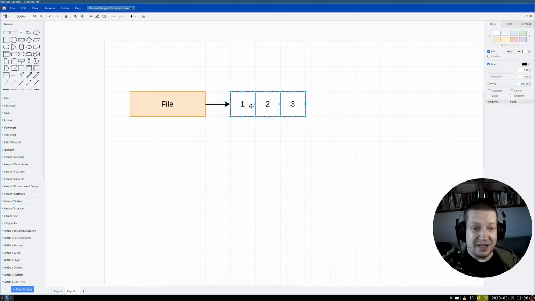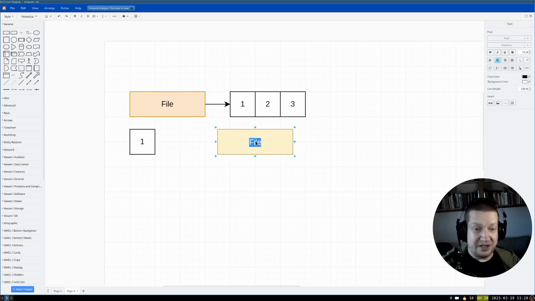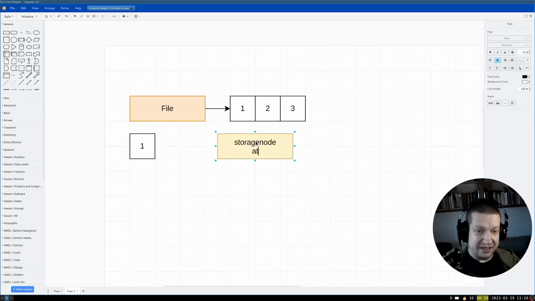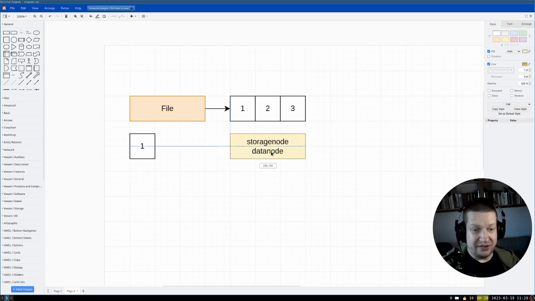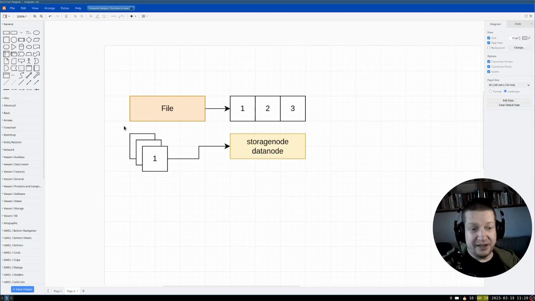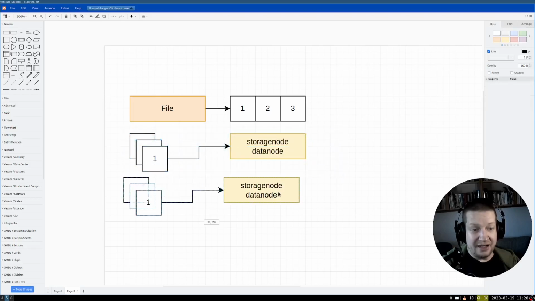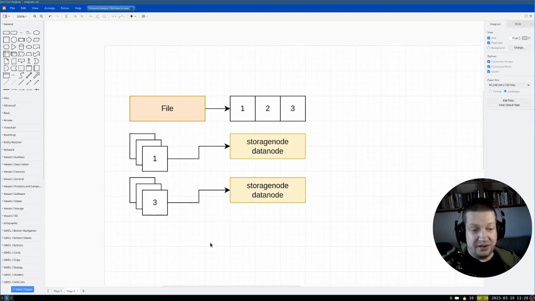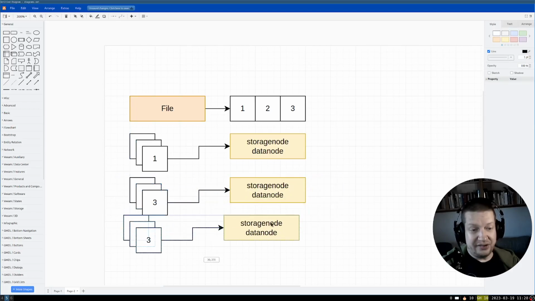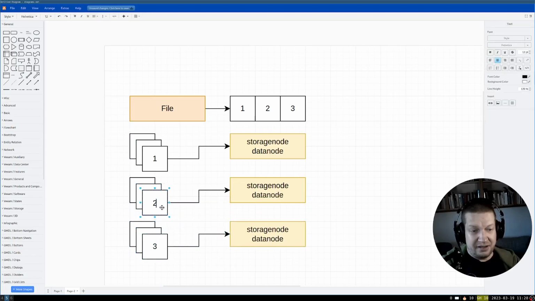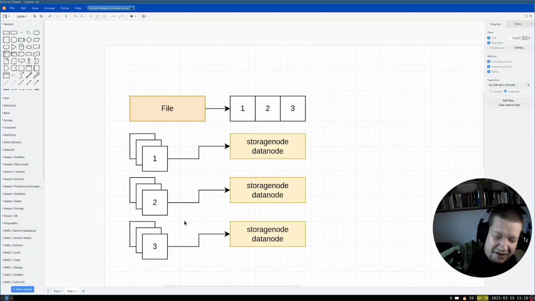And after that, we need to replicate this to different servers, which can be called storage nodes for Storj and data nodes for Ozone and HDFS. And usually we need multiple replicas just to make sure we have it, and we need to store all of these. So this is how Ozone and Storj look like.